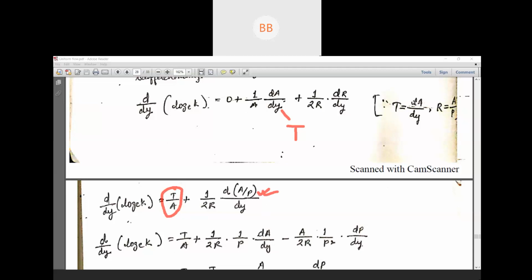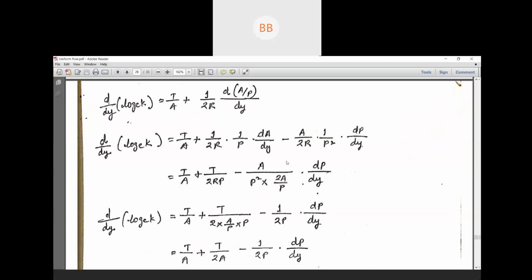Okay. So what we have to do next, it always remains the same. Okay. And then you see this term. 1 by twice R is constant, no issue. Okay. Here we have to differentiate A by P with respect to y. Okay. So if you remember,